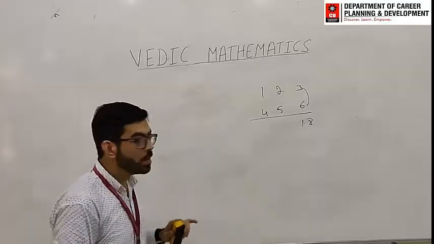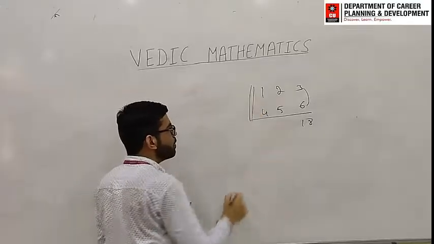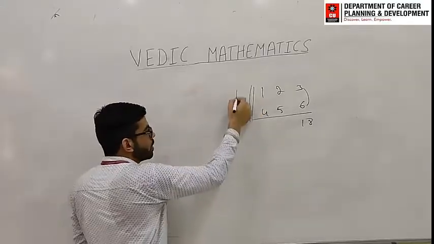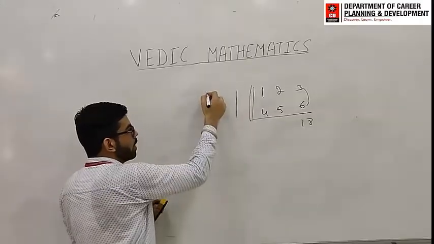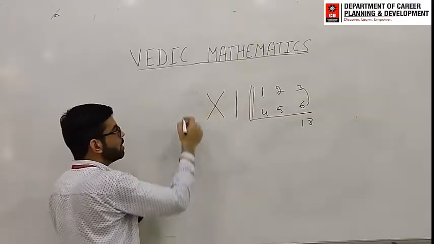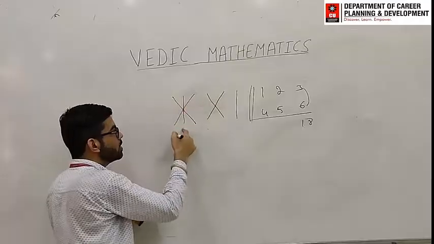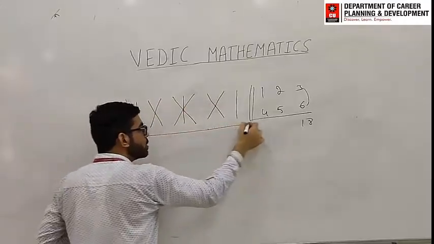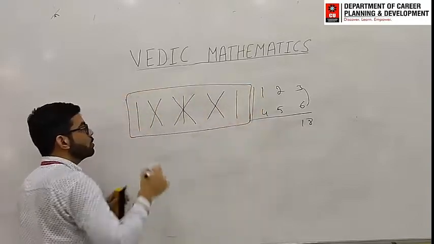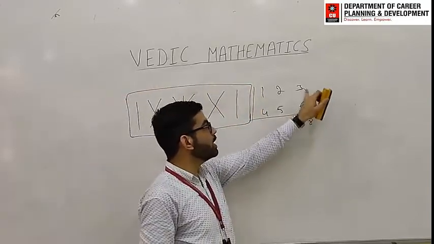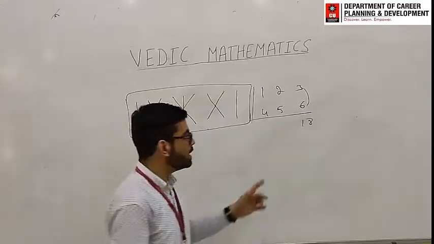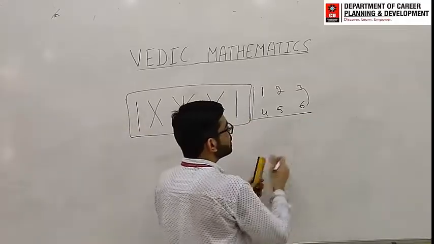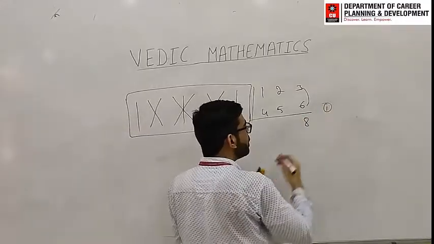18. First of all, see what pattern we are going to follow here: multiplication like this one, multiplication of this one, multiplication like this one, multiplication like this one and this one. These are the steps we are going to follow. So step number 1 is 3 into 6, that is 18. You write just 8 here, and 1 will be your carry.